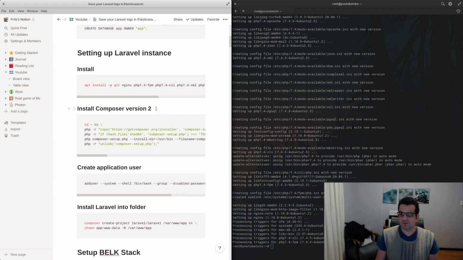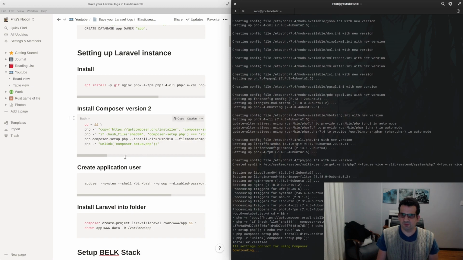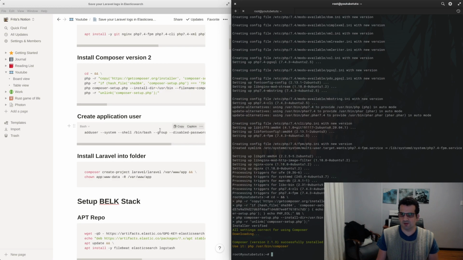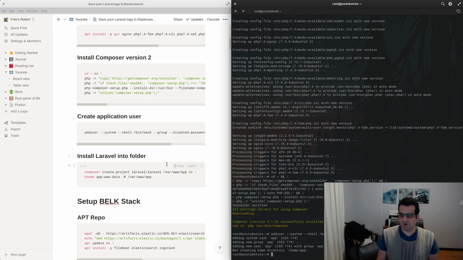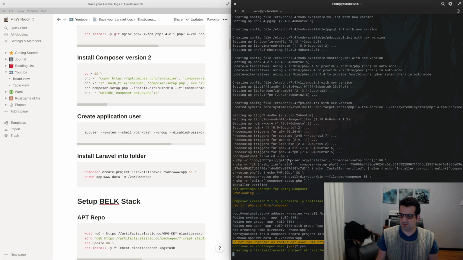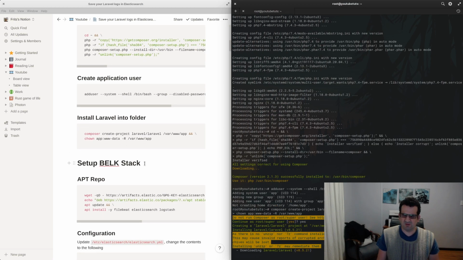Composer version 2, and that's going to get installed into, I think, local user bin, so we can get access to it. And then next thing, we're going to grab the user. We'll make a user for our website. Okay. So at the moment, we're just going to run Composer